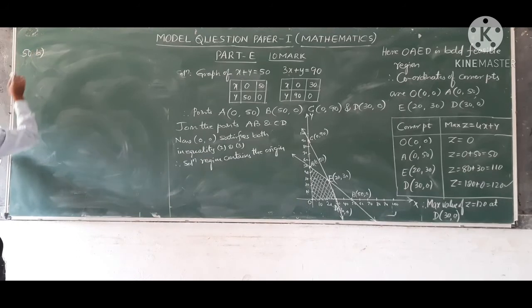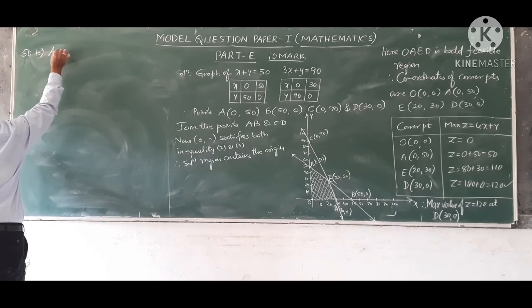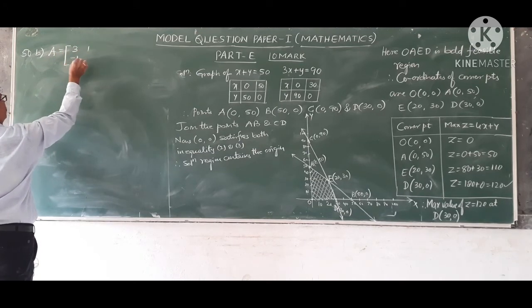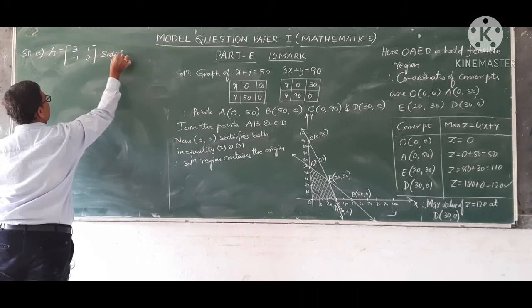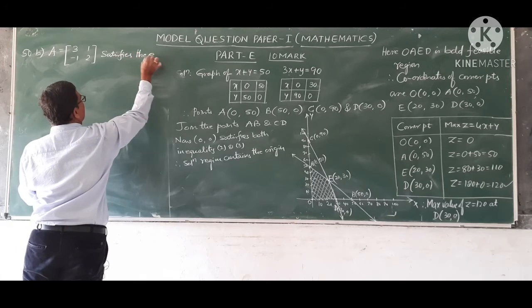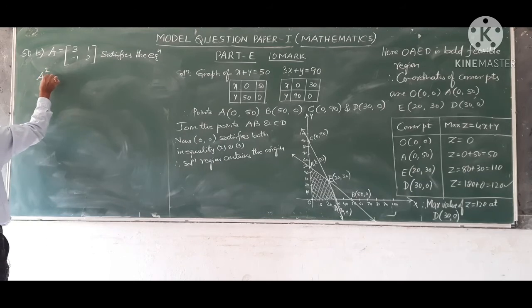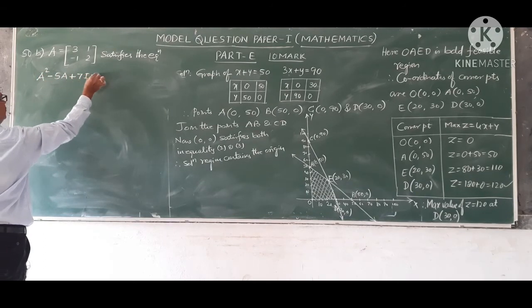Fiftieth B question in model paper 1. If A is equal to the 2 cross 2 matrix 3 1 minus 1 2, satisfies the equation A square minus 5A plus 7I is equal to 0,